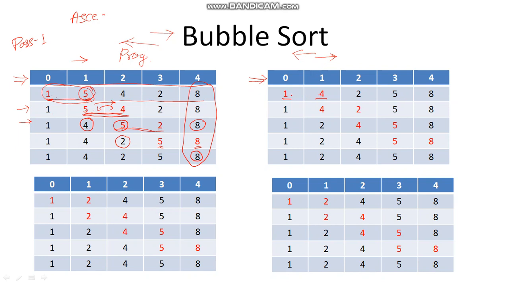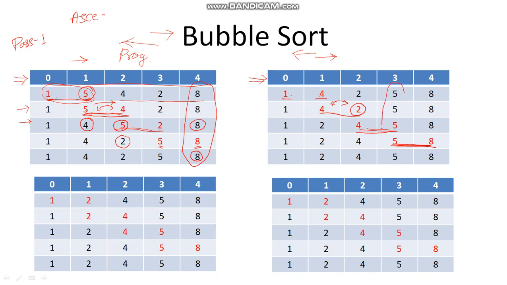So it is not necessary to move it here. Then in the next step, 4 and 2 are compared, and we find that 2 is smaller, so we have to swap here. Next, 4 and 5: 4 is smaller than 5 and it is towards the left-hand side of 5, so there is no problem. Next, 5 and 8 are compared and 5 is less than 8 and it is towards the left-hand side of 8. It should be there.